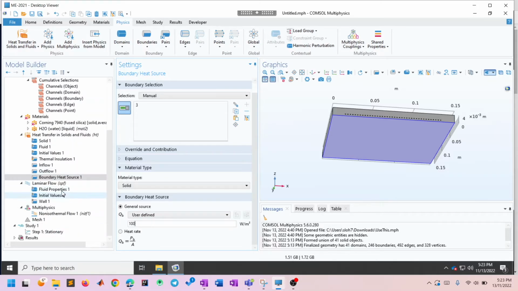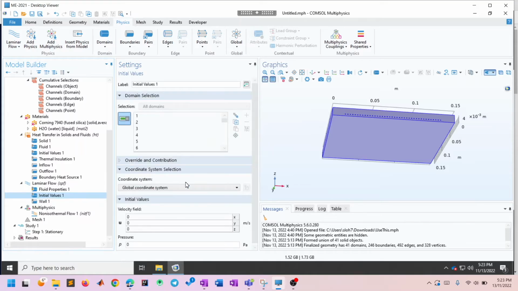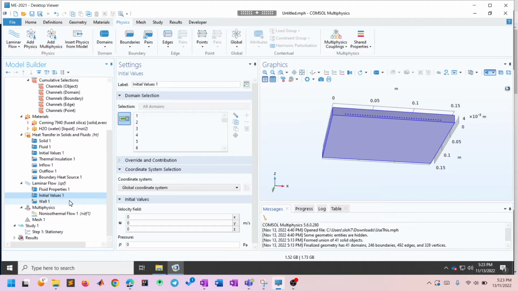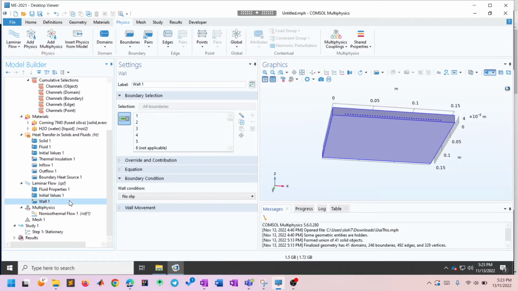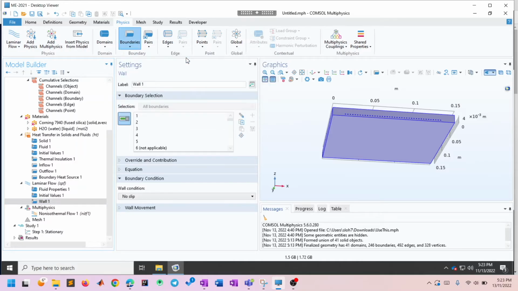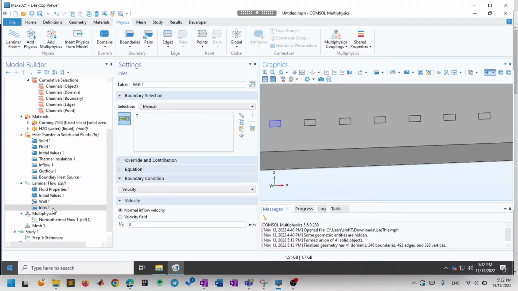Okay. And then for laminar flow, under fluid properties, we're gonna make the volume reference temperature as room temperature. Initial values, we'll leave it as it is, and what we'll do is we'll also do the same thing where we're at an inlet. So we'll go to boundaries, laminar flow, click inlet. What we're gonna do for the laminar flow inlet is set it to be the same as the